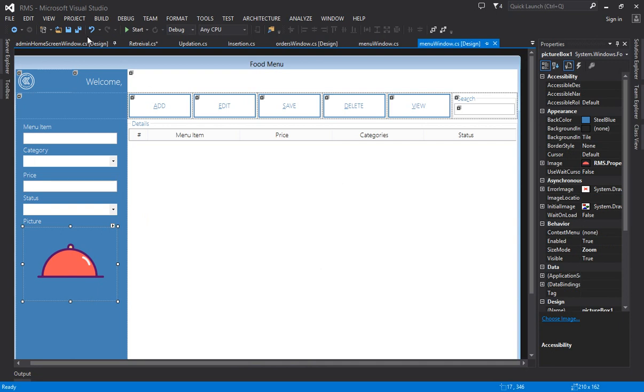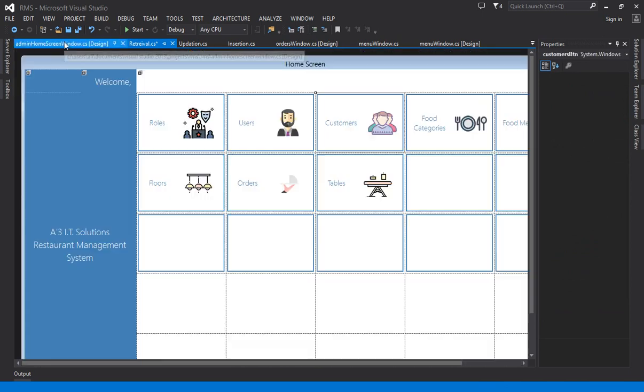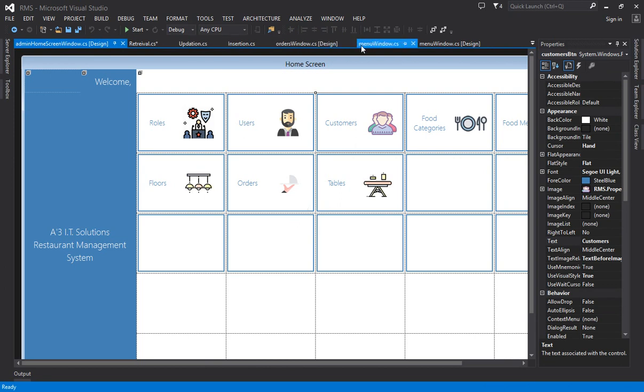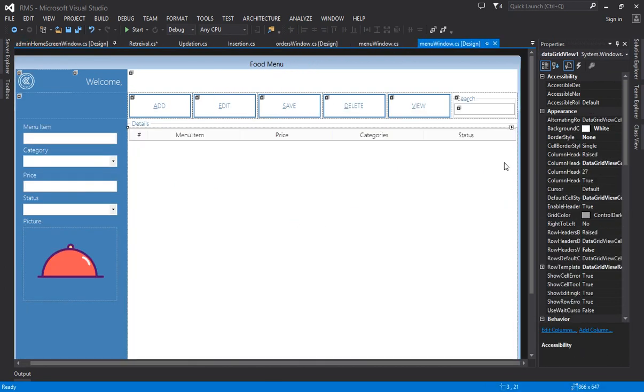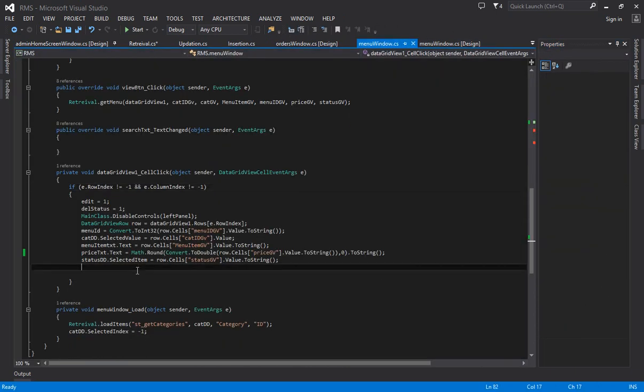Okay, so I'm leaving it blank. I'm not going to change this, but the menu is appearing, and in this query, get menu, the image is coming in. So what you will do is specify the image column in the grid view, or if you left that column, no problem. Then you can specify that image on cell click. Go to your cell click, and right here,